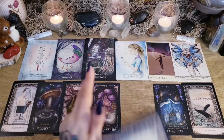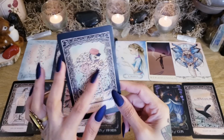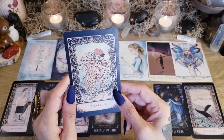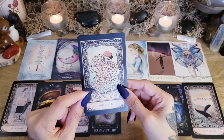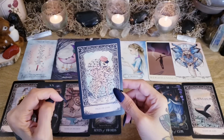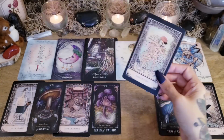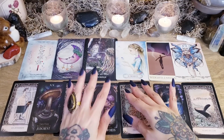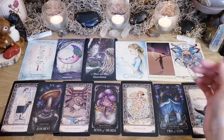I'm noticing that this Page of Cups looks like it's staring inside the cup and there's nothing in there. All the fish are surrounding here, but it looks like it's staring inside the cup and there's nothing in there. So maybe for some of you there is a need to focus on tapping into your potential, your creative potential, exploring your creative energy, maybe something that you're wanting to do here as well. Okay. And the Page of Cups is also about intuition, and it's also about the inner child. Okay. So I feel like a lot of this energy is you connecting with your inner child, because that is where your